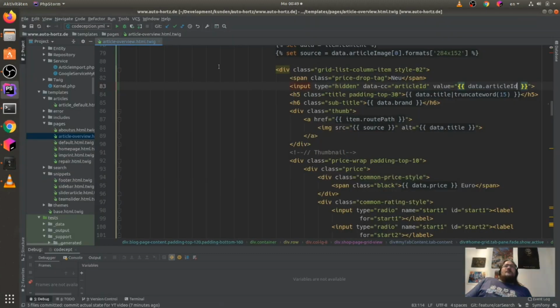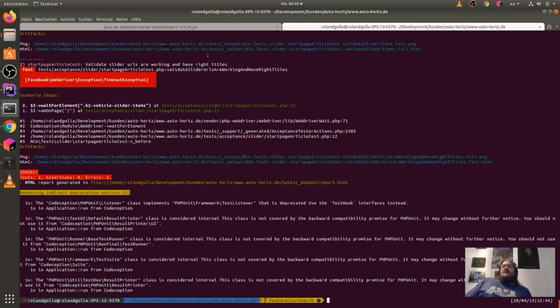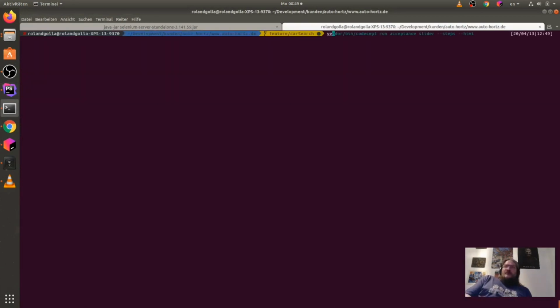So we will add a new test here for our overview. Remember bin code set generate test acceptance, and it's the article, and maybe we have here detailed overview, so I can say here it's overview test.